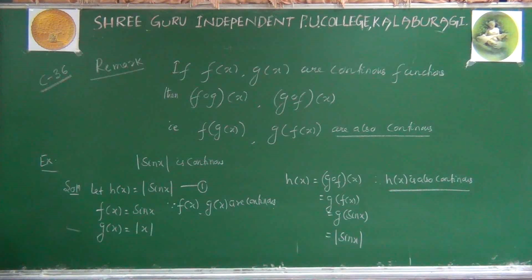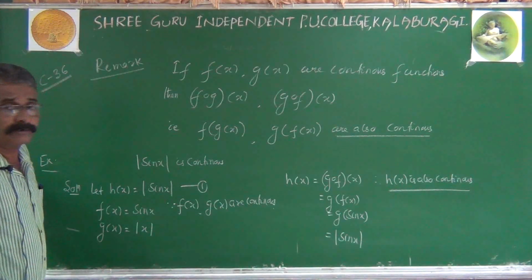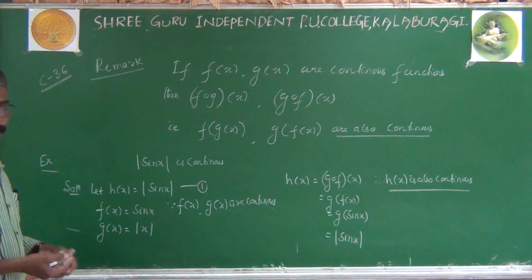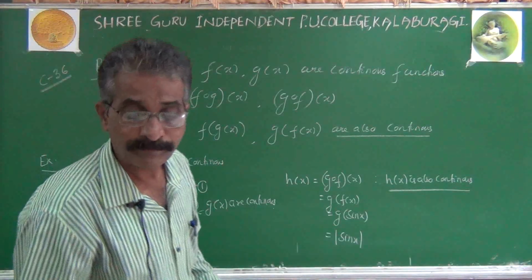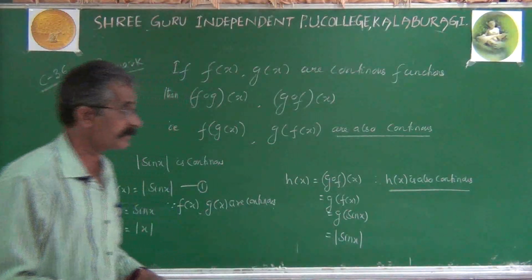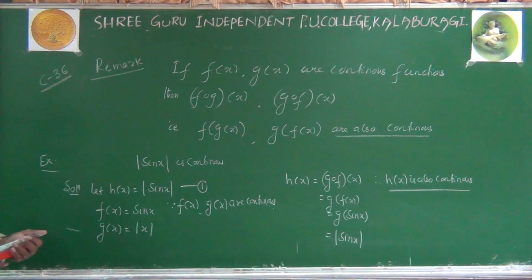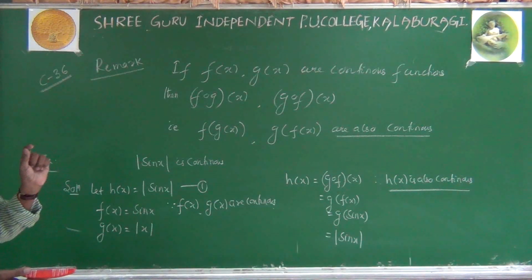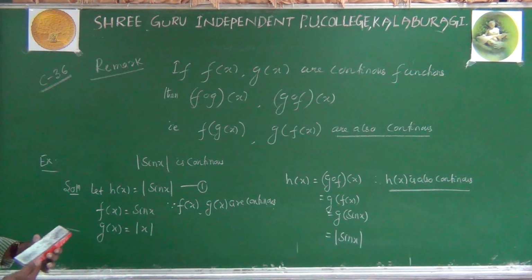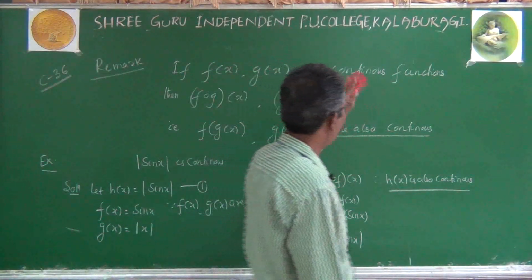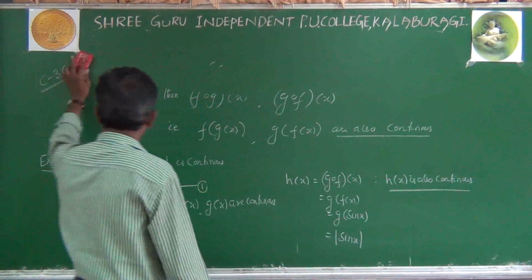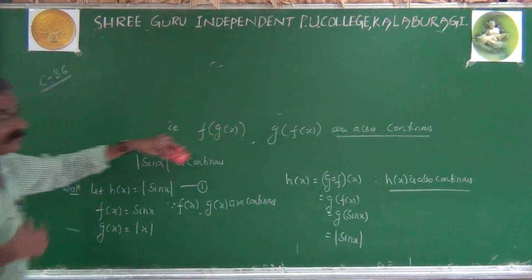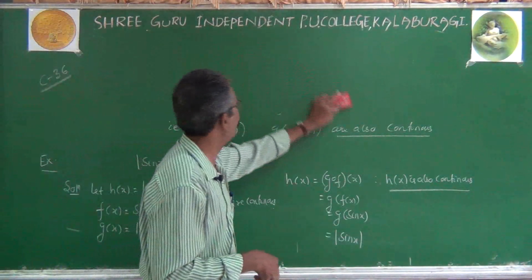Keep the fact in mind that the composition of two or more continuous functions is once again a continuous function. Keep this in mind very well. Now we move on to the next concept, perhaps the last concept, which is differentiability of a function. So let's discuss another very good concept, differentiability of a function. It's also called derivability or differentiability of a function.